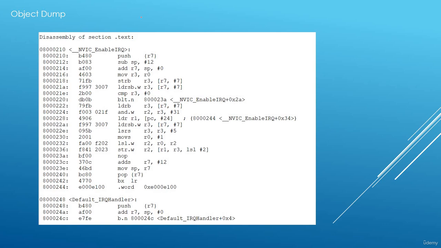One of the important helper tools to be used as part of the toolchain package is the object dump, or ObjDump, or at least this is the name within the GCC toolchain. The object dump will help to get the disassembly representation out of the ELF or the object file. And when we are talking, for instance, about the disassembly representation, we are talking about the binary representation of the